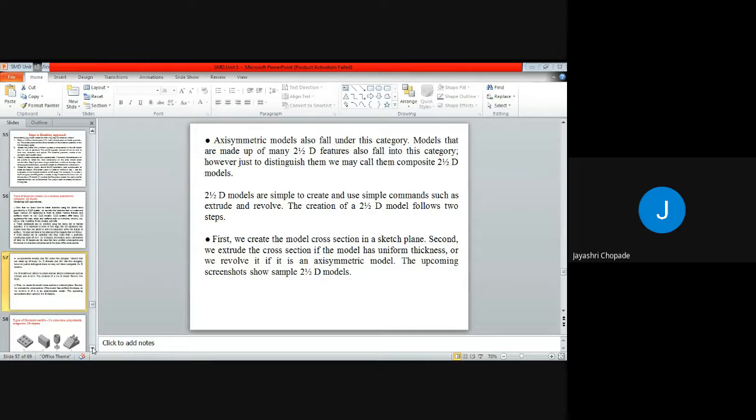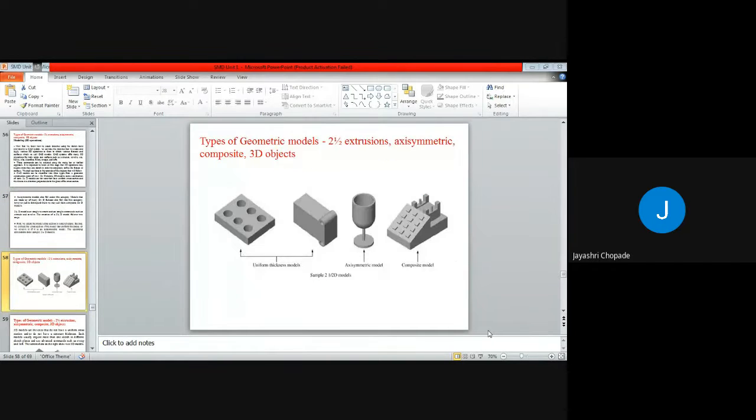Here you can see some parts that are 2.5D. This is a block which has uniform thickness and some holes, so we can say that this is 2.5D. Here, this glass, we can say that this is an axis symmetry model, because if there is an axis, with the help of the revolve command we can create such a model.